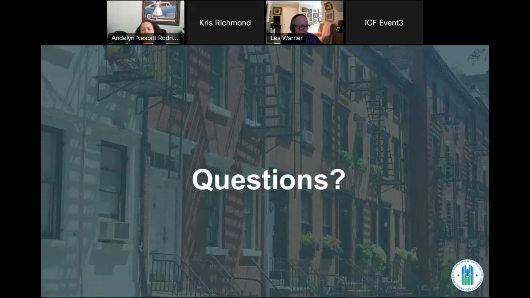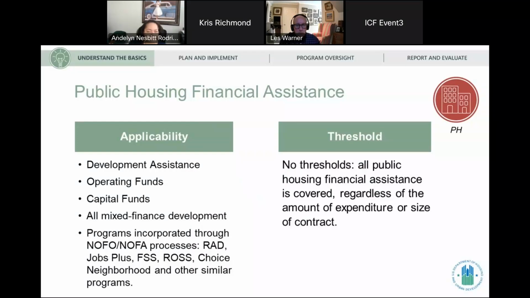Yeah, I have a couple here. Do service delivery charges get counted towards the Section 3 threshold, or is it just project costs? I can't think of a good service delivery charge that would. Well, why don't we pop back to slide 44 again, because I'm guessing this might be a public housing question.